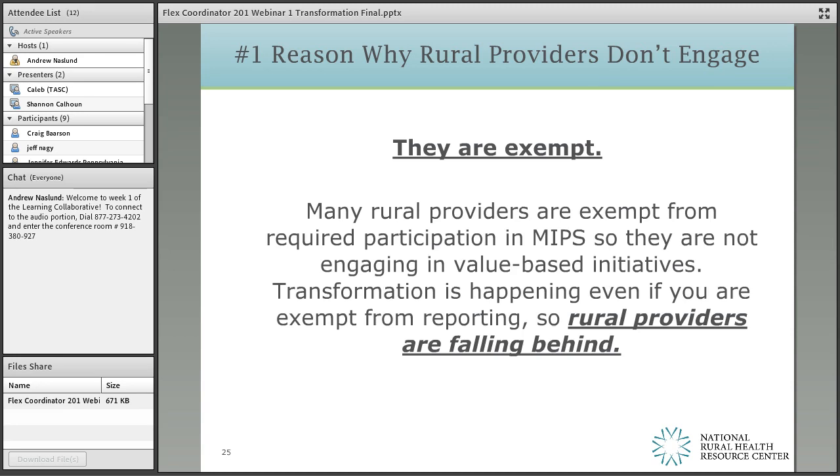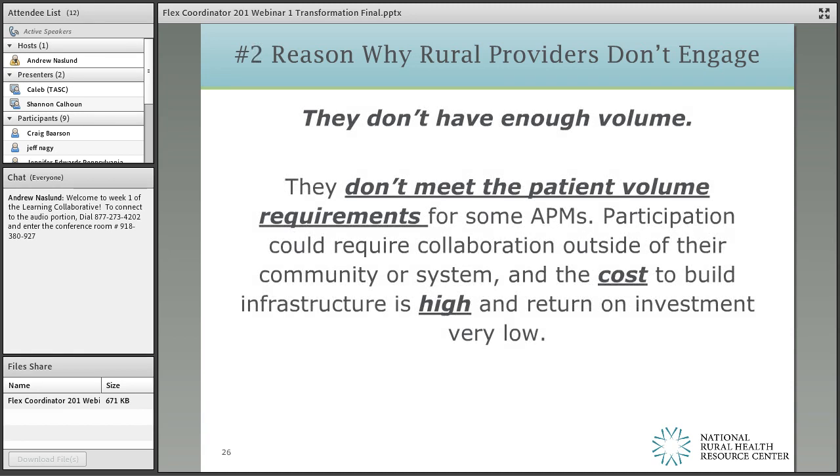And they are so overwhelmed that if they are exempt, it does not seem important to engage. And the result of that, not engaging, based on what I've shared with you today, is that they are falling behind. It'll be harder to have all the incentives to help you gradually engage if you're not doing it now when those opportunities are here. You'll have to jump in the deep end the longer you wait.